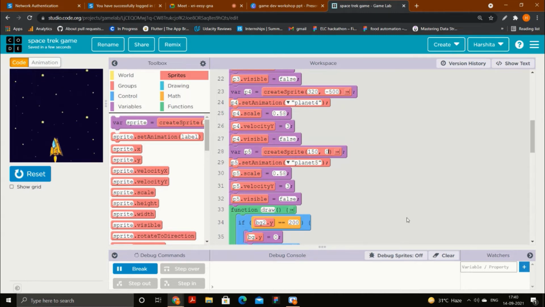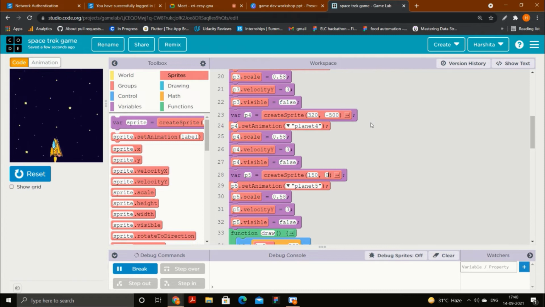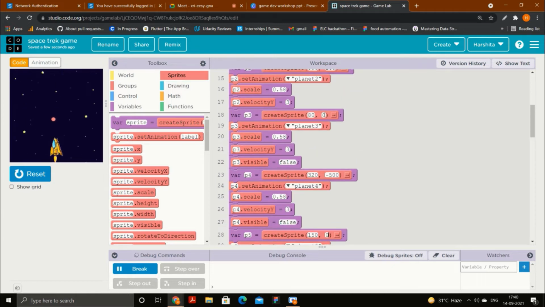Okay, so it's taking a lot of time, it's not even coming downwards. So you can change the values, right? See, the planets' positions, the way they are coming down and appearing, it all depends upon the coordinates, and coordinates are not a fixed value. So it's your responsibility to change the coordinates and see in which manner the planets are coming towards the down direction. Okay, I will change this value.